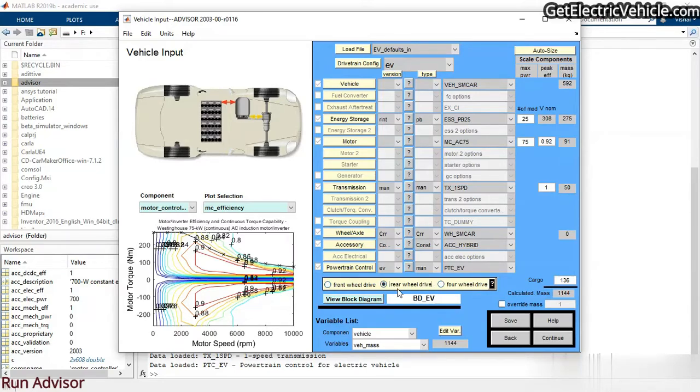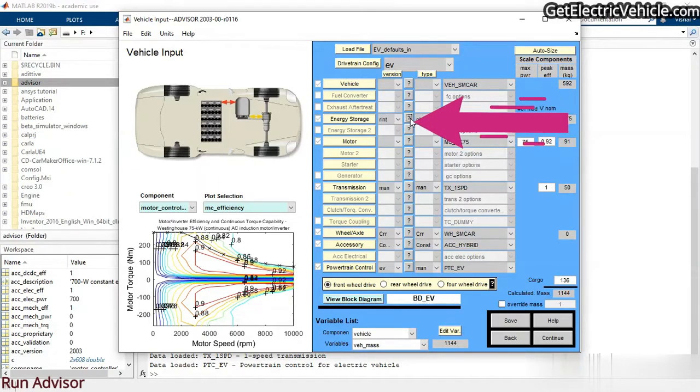We can select the vehicle configuration such as front wheel drive, rear wheel drive, or four wheel drive. If you check this GUI, you can find the parameters that can be modified from this GUI itself. After making the necessary changes, you can go to the next step.